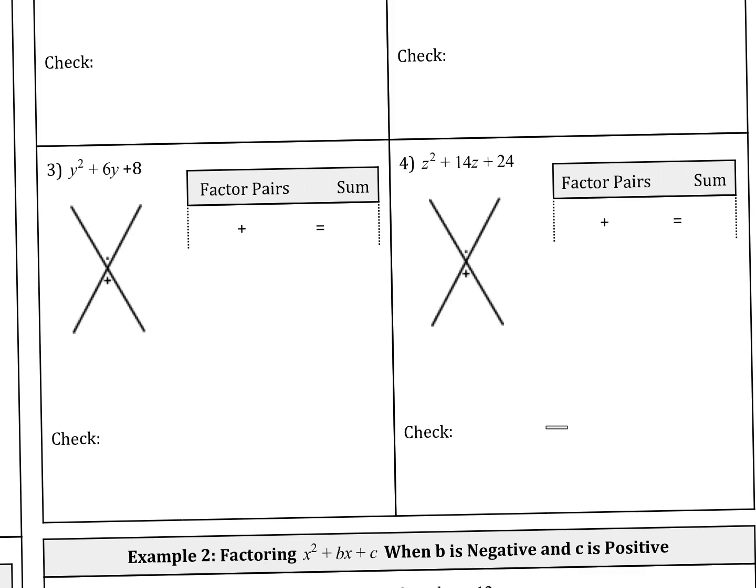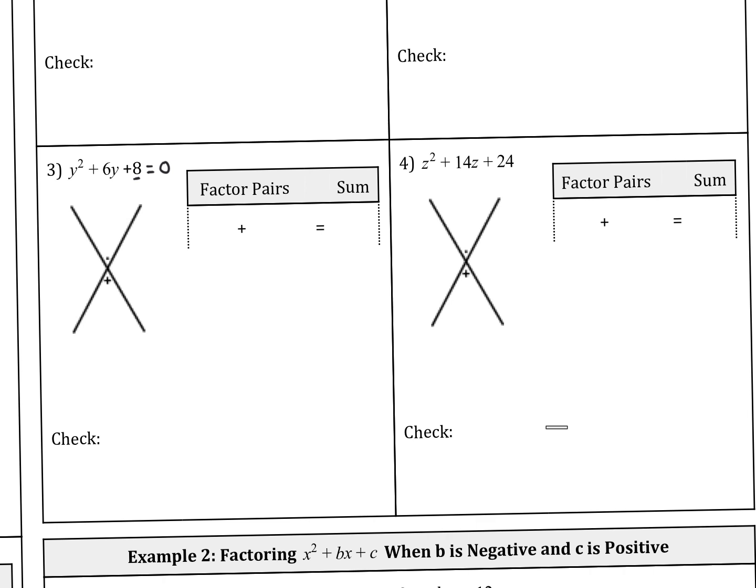Hi, today's lesson is to find the factor of a quadratic equation. So the equation is the one that has an equal sign, and the other side should be equal to 0. To find the factors of y squared plus 6y plus 8,